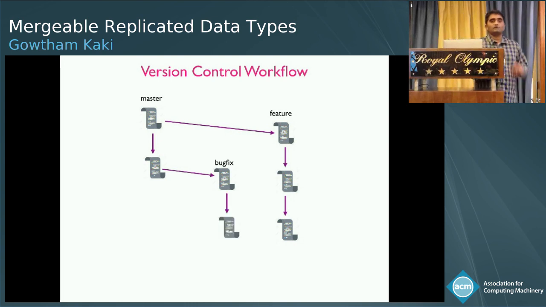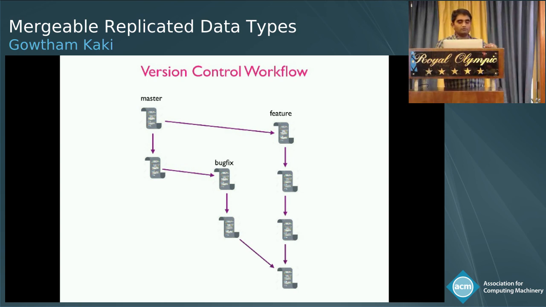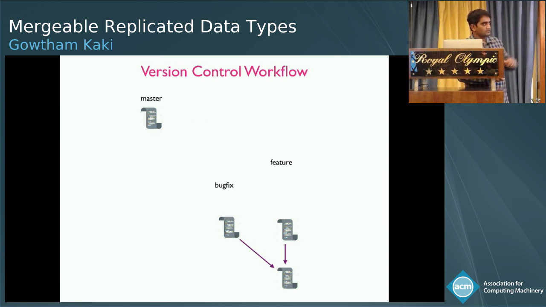And since you don't want to release a new feature with known bugs, you might want to merge the bug fix updates onto the feature branch, right? So if you look here, essentially you have a distributed workflow, with operations happening concurrently and eventually getting merged to a value which reconciles all the updates. So if we focus on just the last merge,